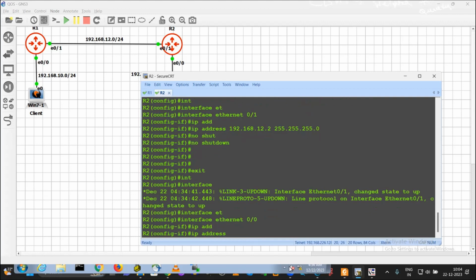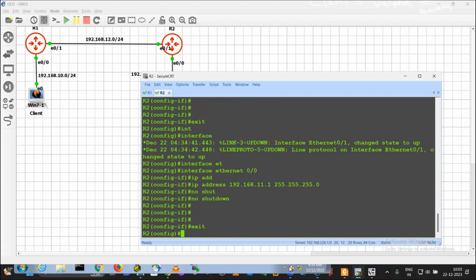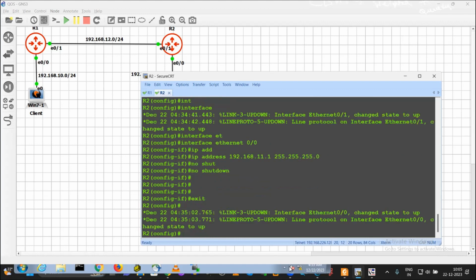Then the IP address would be 192.168.11.1, 255.255.255.0. Then type no shut. Okay, this is the basic configuration. I have not done anything except setting up the IP addresses on the interfaces.